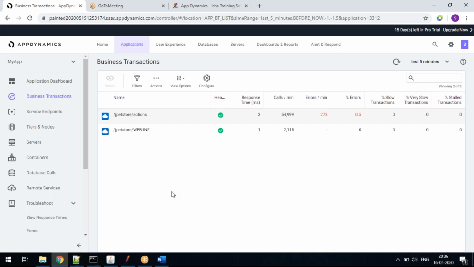Answer to your question: Dynatrace works on a concept called OneAgent. There is a concept called OneAgent in Dynatrace. Here the concept is a little different. Architecturally they are a little different, but conceptually, both install an agent, take data, and display it in the UI. Conceptually they are the same, but work-wise, deployment-wise, and agent-related information-wise they are a little different. Both are agent-based APM monitoring tools.